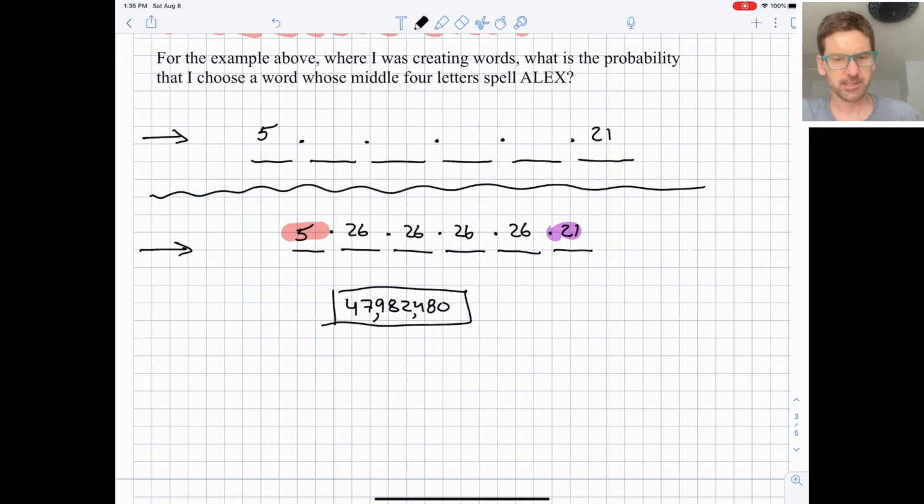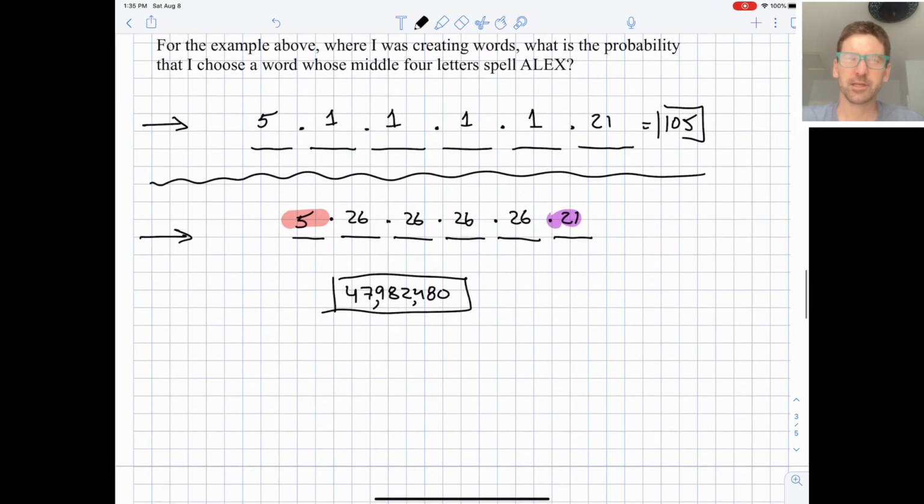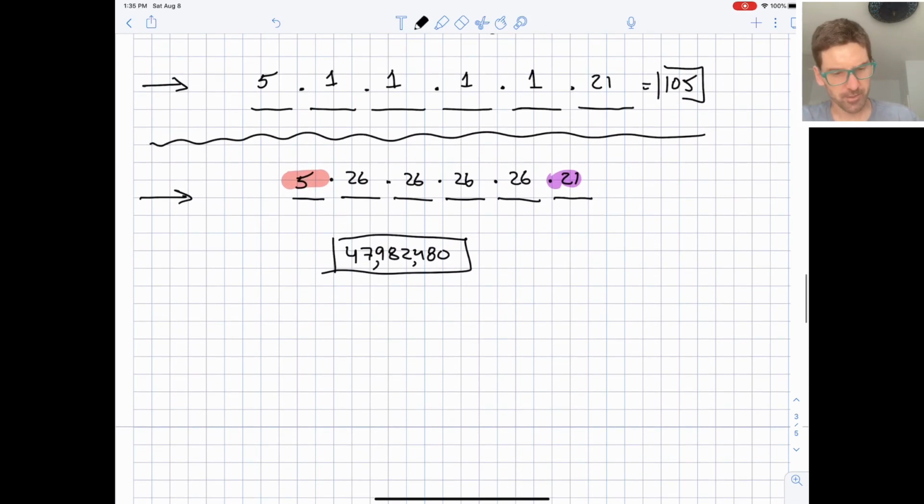So let's throw in some numbers here. So we only have one possibility for each of the 4 middle letters because we want them to be A-L-E-X, okay? So this means 5 times 21 is 105. So there are 105 different ways I could get what I want with the middle 4 letters being Alex, and there are almost 48 million ways of total, 48 million total outcomes. So the probability,